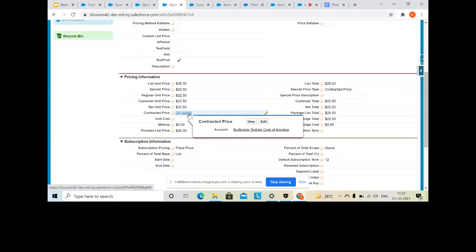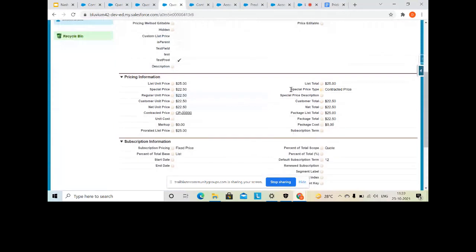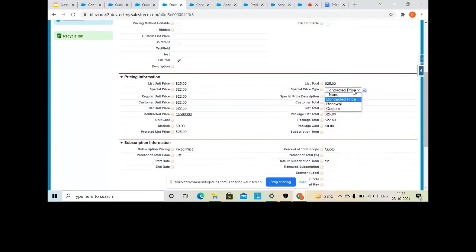Whenever you have applied any contracted price on any account and your product is coming under any contracted price, if you have to verify how contracted price is associated with my quote line, you just have to look into this field, contracted price. Another thing is, I have shown you it is associated with special price. In special price there is one field which is known as special price type, and it contains the value contracted price. It has other values as well, but if you have applied contracted price, CPQ will automatically specify the contracted price value in the special price type itself.